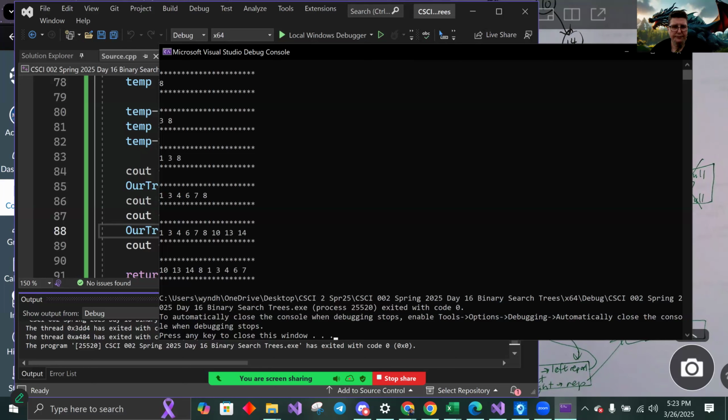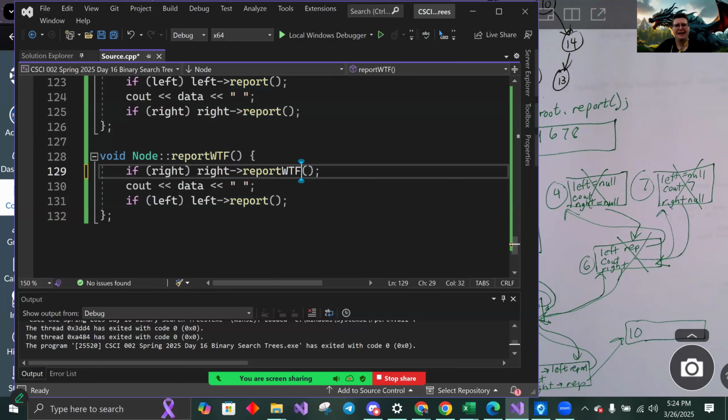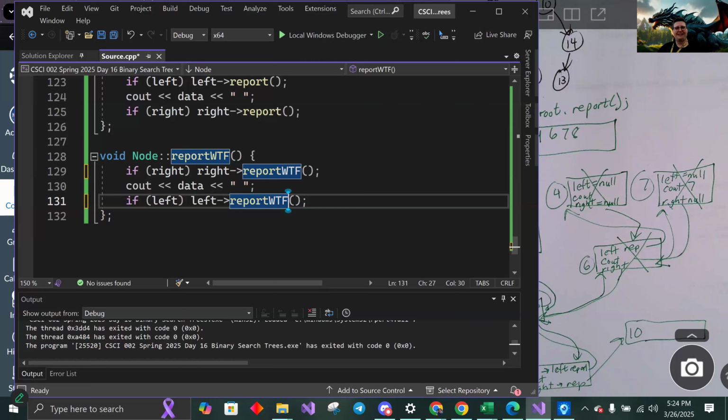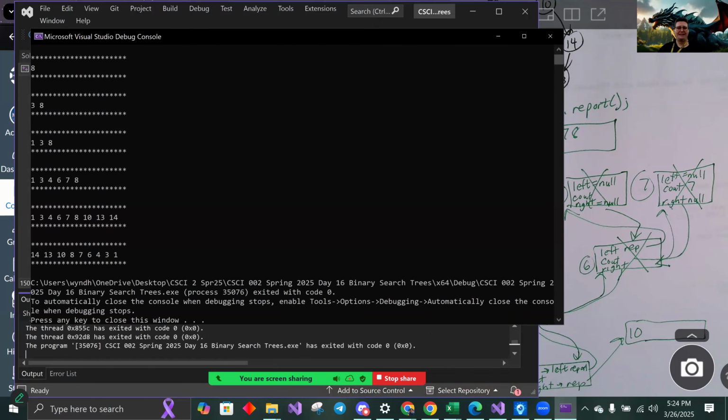And it didn't do what I thought it was going to do. What did I mess up? Oh, so I was not doing the right thing, I didn't change the recursion. I had it calling a completely different report. It's not recursion if it doesn't call itself, right? And now when we run it, it should be going backwards. Which was probably expected, but